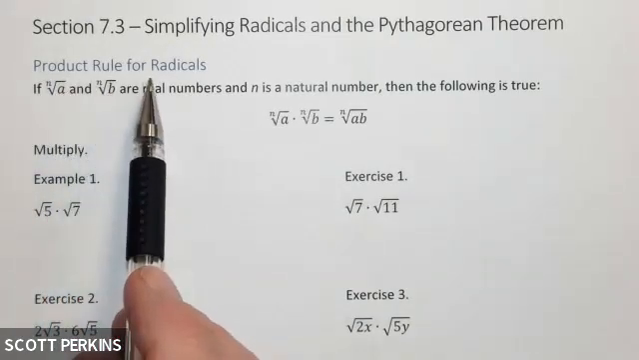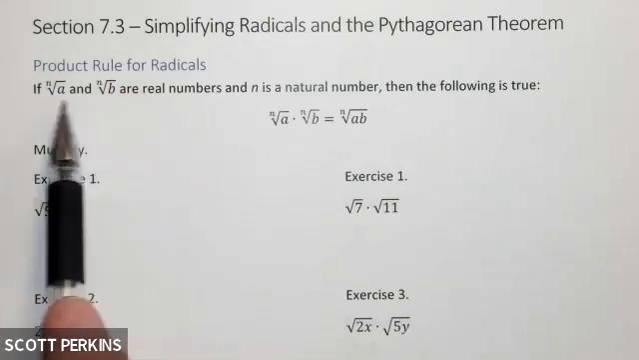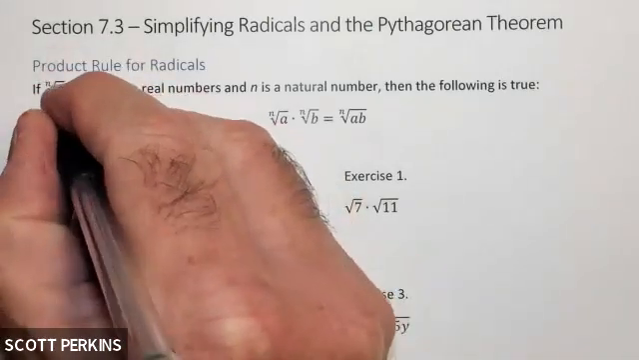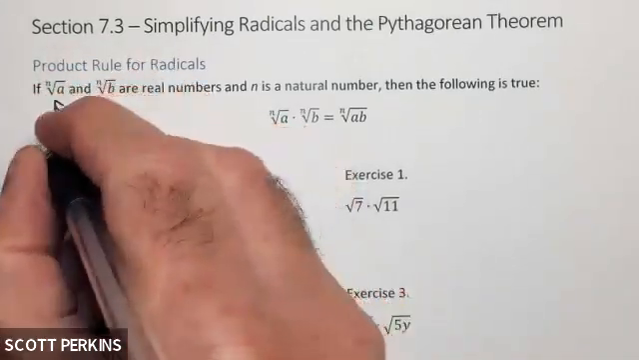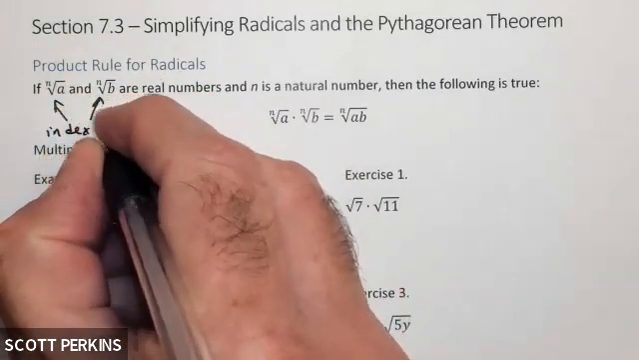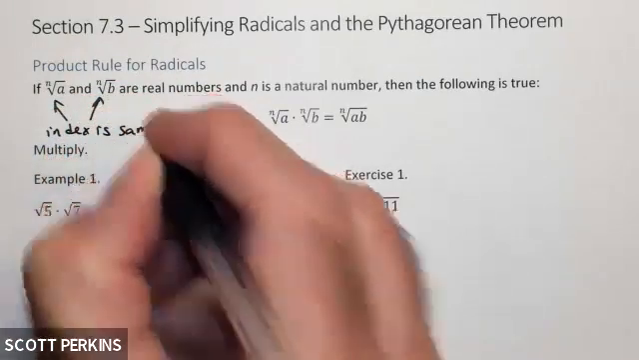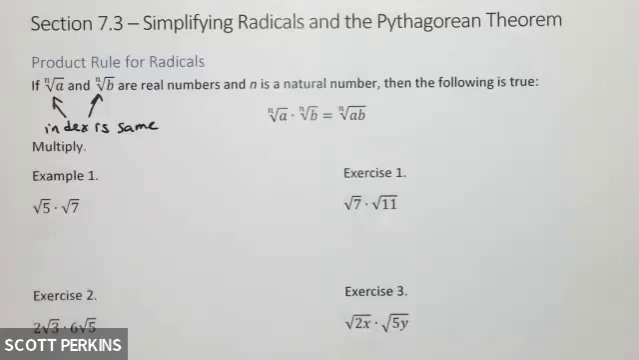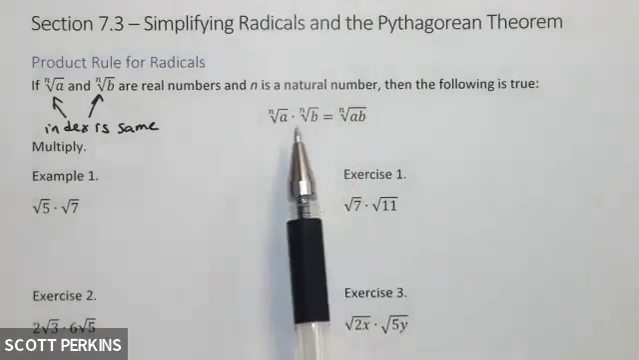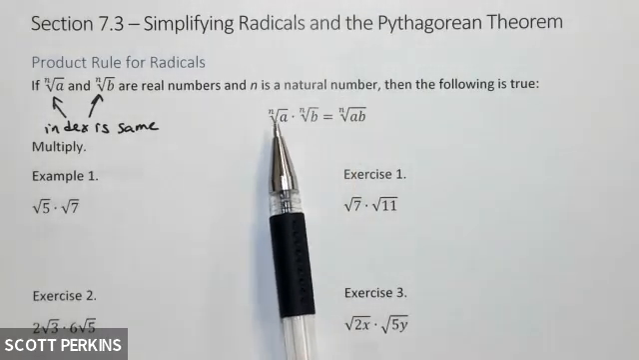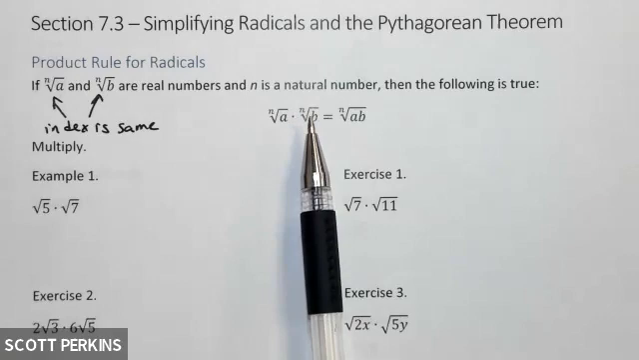So the product rule of radicals says this. If you have two roots, notice this, the index is the same. So if you have two radicals that have the same index, this does not apply to different indexes, and they are real numbers, n is a natural number, all of that is just defining the terms, then the following thing is true. If I have the nth root of a number a times the nth root of a number b,